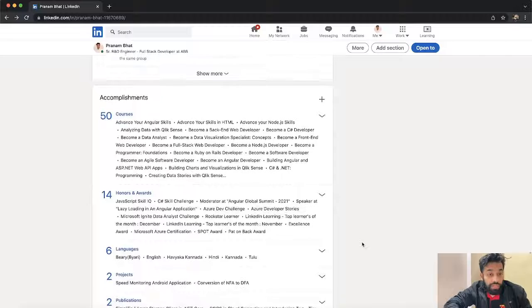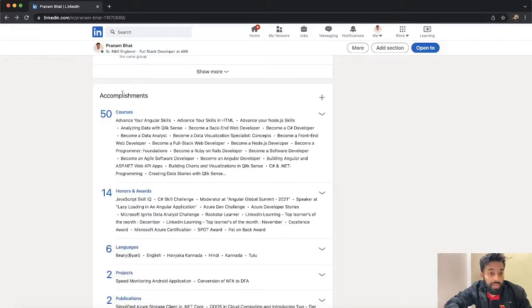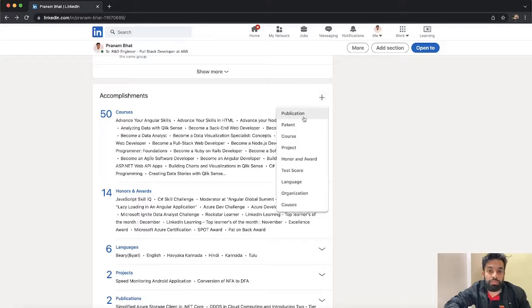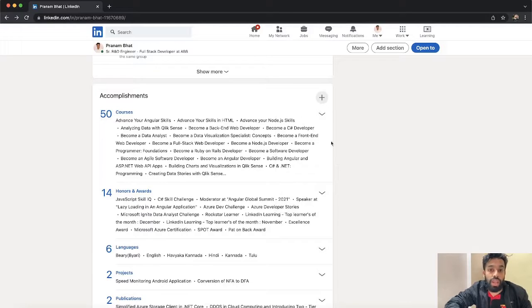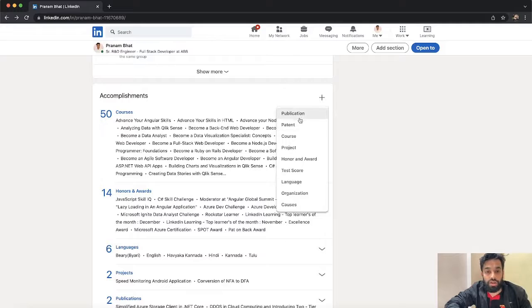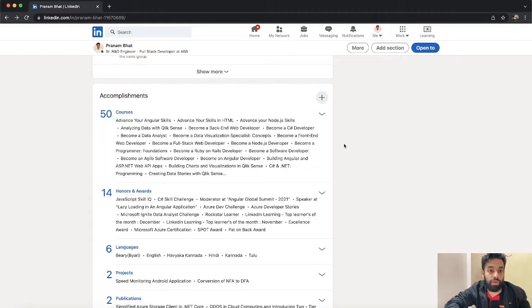After that, come to accomplishments. Here you have a couple of things you can add, like publication, patent, course, project, honor and award, test score, language, organization, and causes. Edit each of these sections, and make sure you fill them all one by one with a proper title.